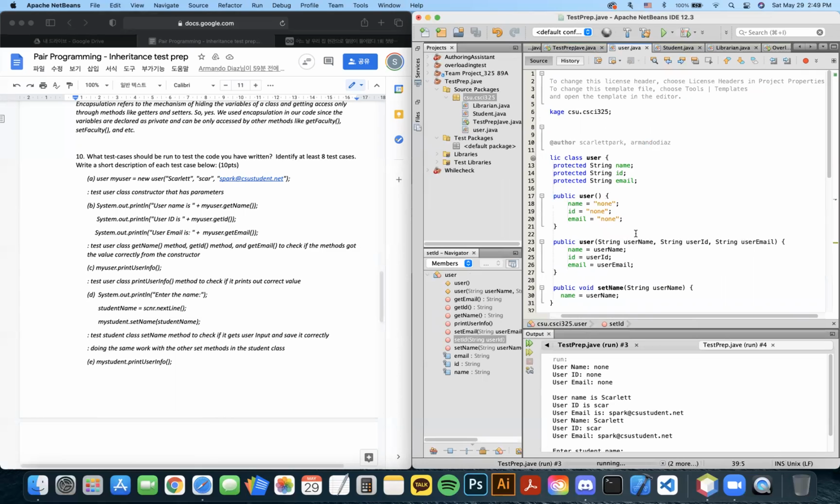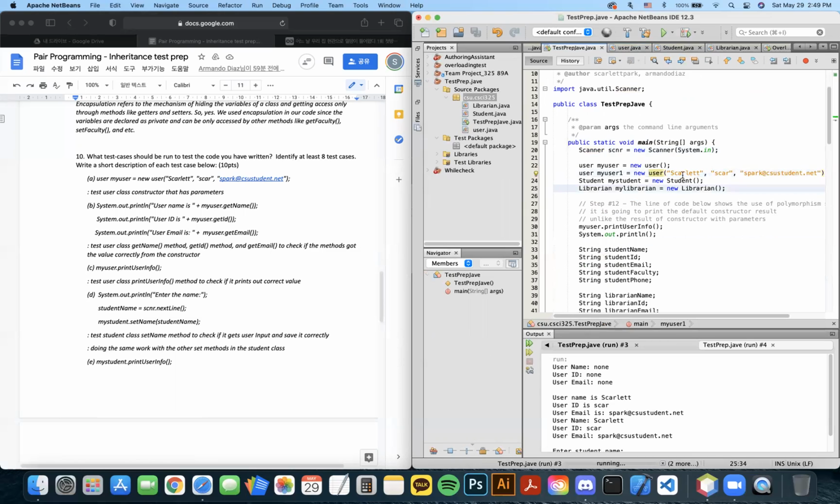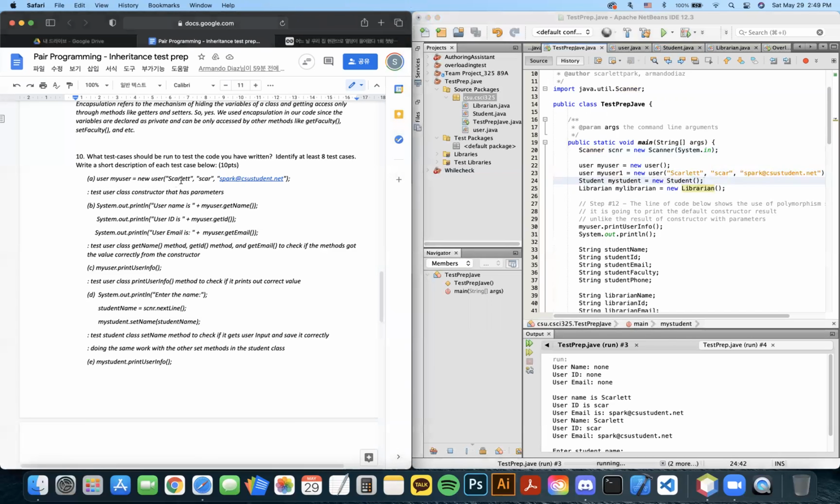That way we can see the input names. So our parameters are username, user ID, and user email. So I'm going to go back, and this will be our username, user ID, and user email. And so our first test case takes as inputs the ones that I already mentioned, and then we are